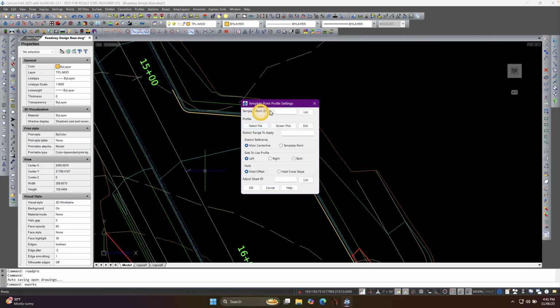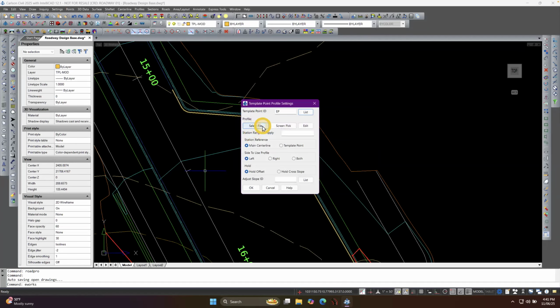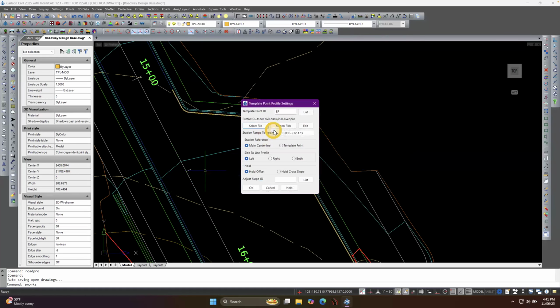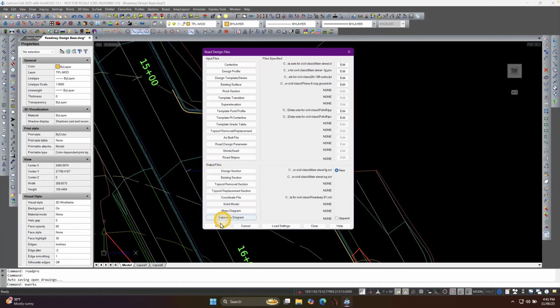We're going to add the ID, this time also being the edge of pavement. We will select the profile file, which is our pullover, and it's going to be on the left, and we'll say okay, and we'll save that, and then we'll process